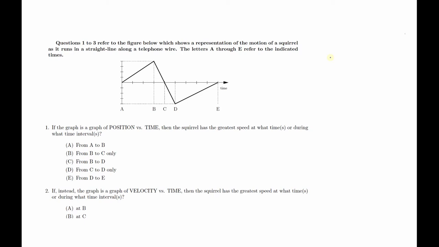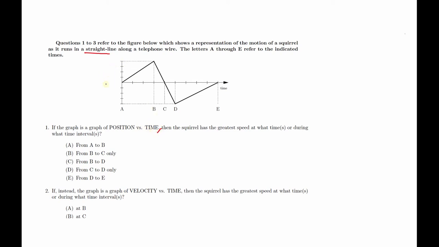Questions 1 through 3 refer to the figure below, which shows a representation of the motion of a squirrel as it runs in a straight line along a telephone wire. The letters A through E refer to the indicated times. If the graph is a graph of position versus time,